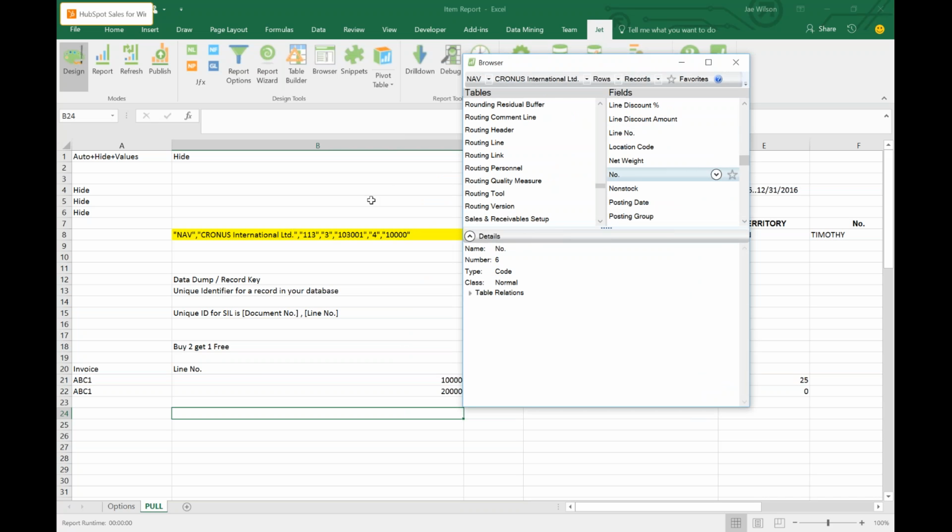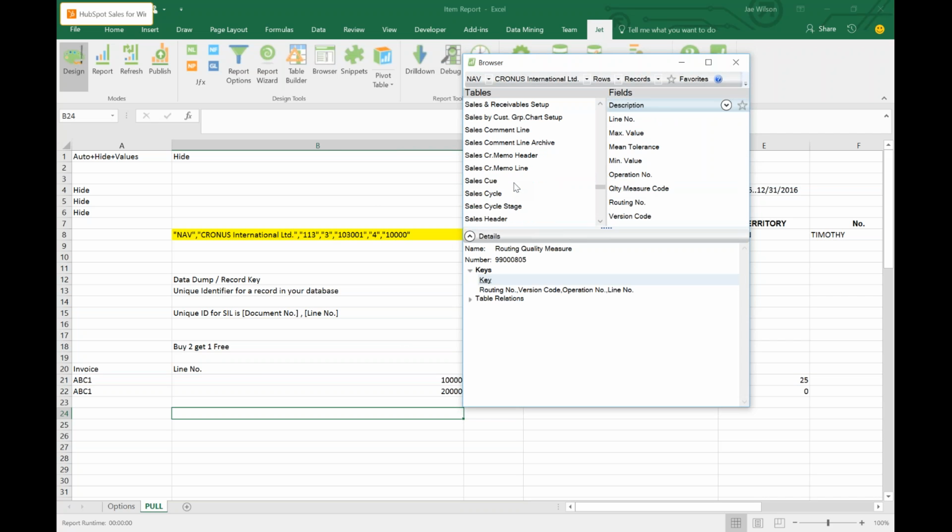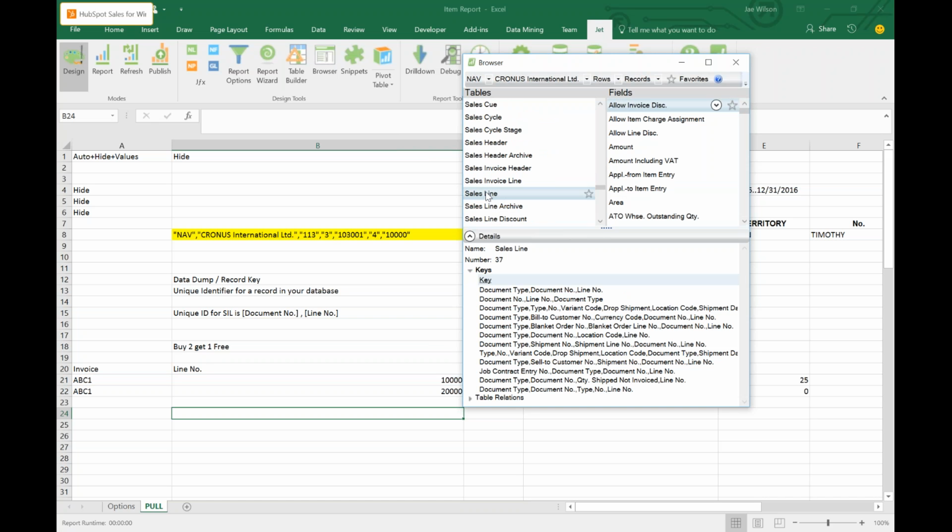Okay. You can do the same thing for any table in NAV. Let's find the sales line table, not the invoice line, but the sales line. For the sales line table, the table number is 37, and the unique identifier for the table is document type, document number, and line number. And you're thinking, why do I need document type? Well, in unposted sales lines, you can have orders, quotes, blanket orders. Is that a thing? Okay, so document type becomes important,